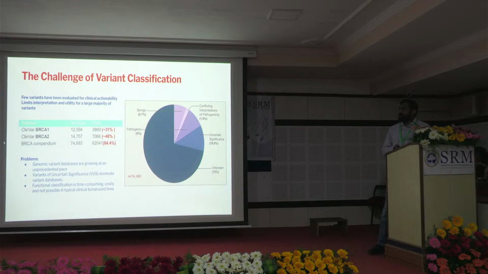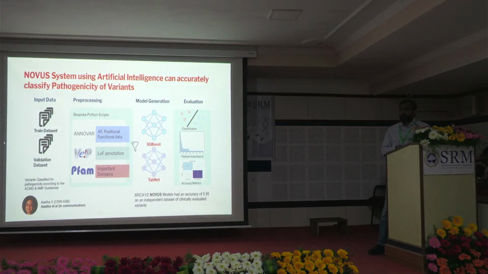reclassifying practically all the known genetic mutations in BRCA1, BRCA2, suggesting a final number of what is pathogenic and what is a variant of uncertain significance. And of course, that is not the end of it, because there are many more BRCA1, BRCA2 variants being discovered. And that is exactly where machine learning and computational modeling can become very useful. What we essentially did was train computers on the data sets that we have, which have gold standard ACMG, AMP classifications available. You could use machine learning, artificial intelligence methods. And what we suggest is that you could achieve a very good positive evaluation or an accuracy of almost 95%,